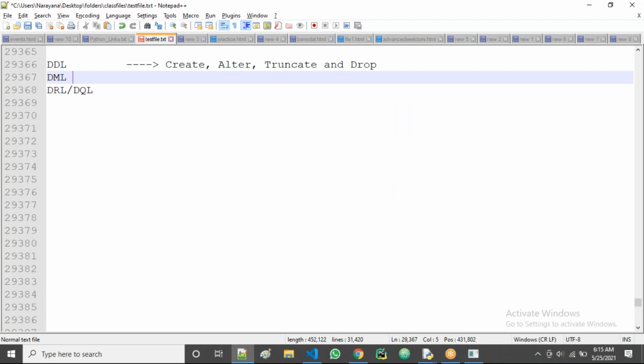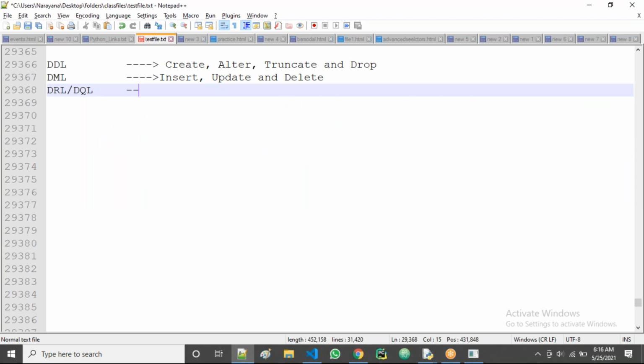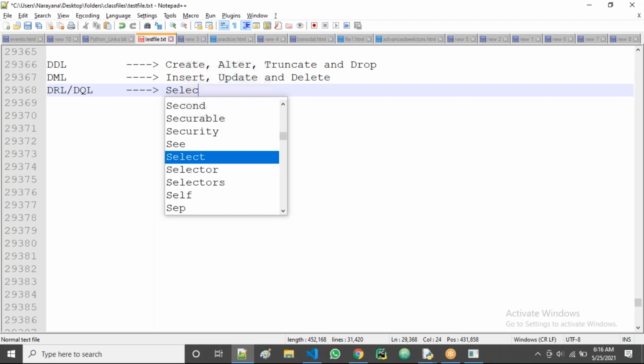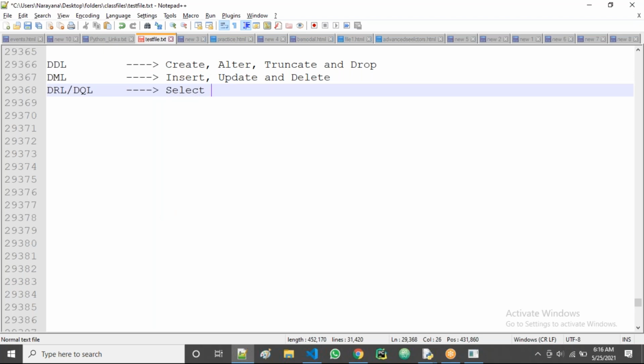In case of DML: insert, update, and delete. In case of DQL or DRL, we have only one thing: select. That's all.